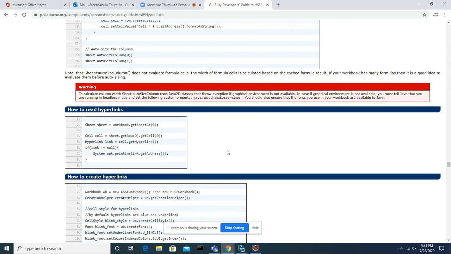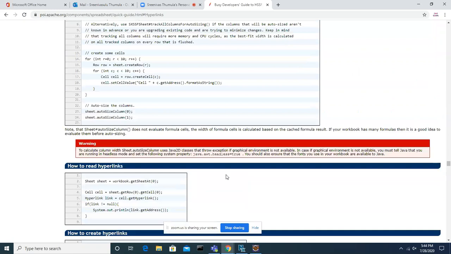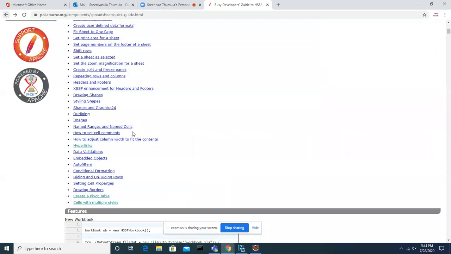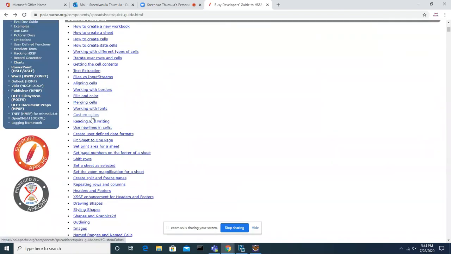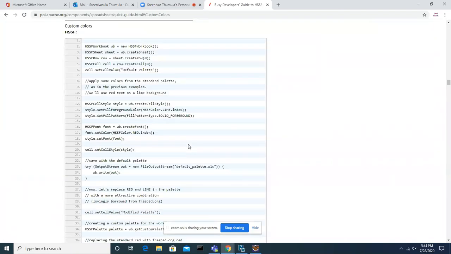Guys, can you hear me? Yes, sir. So first tell me, randomly I took this, guys. A lot of features are there. If you go here, custom colors, if you want to give the colors, same: create workbook, create sheet, create row, and setting the value, and then create cell style.